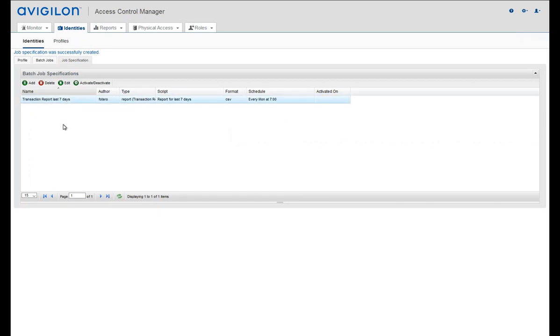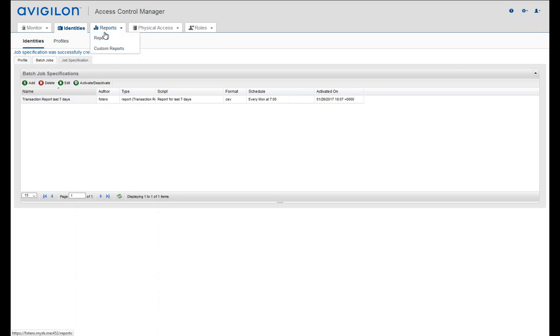So highlight that and click the active button, and now that report is active. So what's gonna happen now is when Monday morning 7 a.m. comes around, the system will automatically generate a report for the last 7 days and send that information by email into your email inbox. Okay,